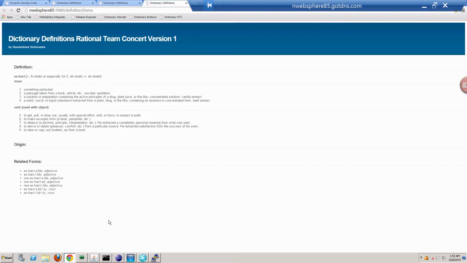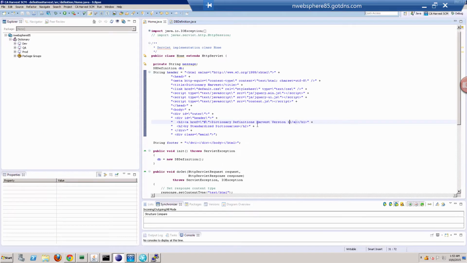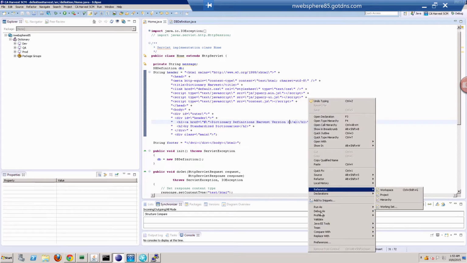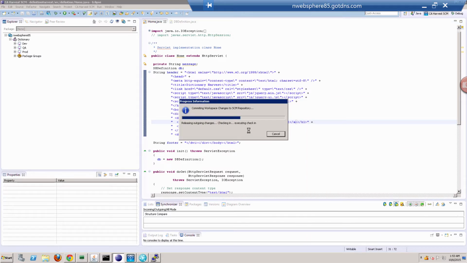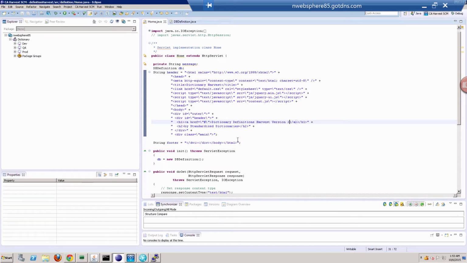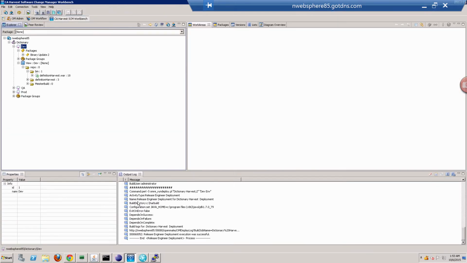So let's go ahead and go over to Harvest. And we're actually going to make a source code change. So I'm in Eclipse here. I'm going to make my change. Commit it. Now I have my source code change into the Harvest repository. I'm actually going to go over to Harvest, and you can see right now we have version 18 of our WAR file. I'm going to go ahead and build from inside of Harvest